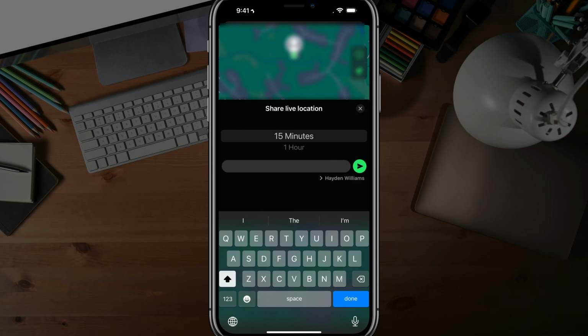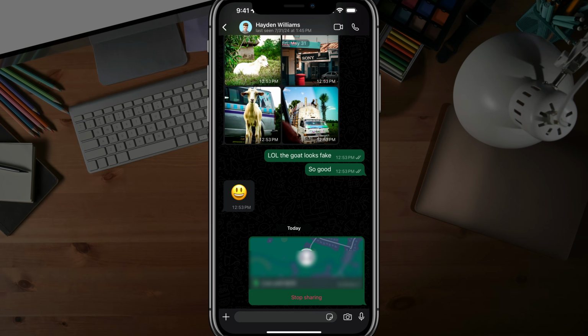So select what you want, tap send, and then when you tap send, it'll show them a map where they can tap on that map and find your location, whether it be live or where you want it to be kind of stagnant, by just tapping on that option there and finding you on the map. A very easy way for people to locate you, or for parents to make sure they know where their kids are.